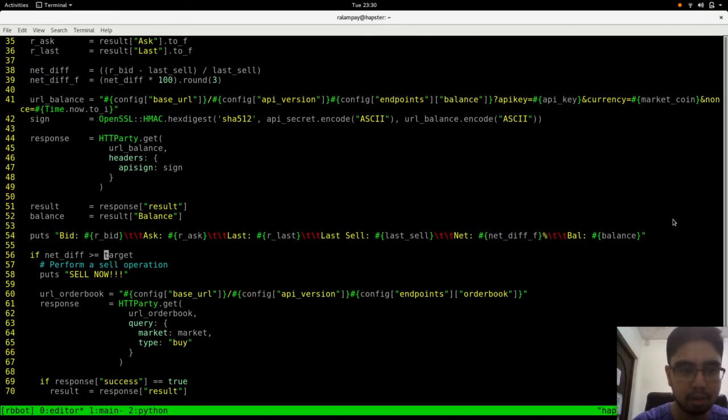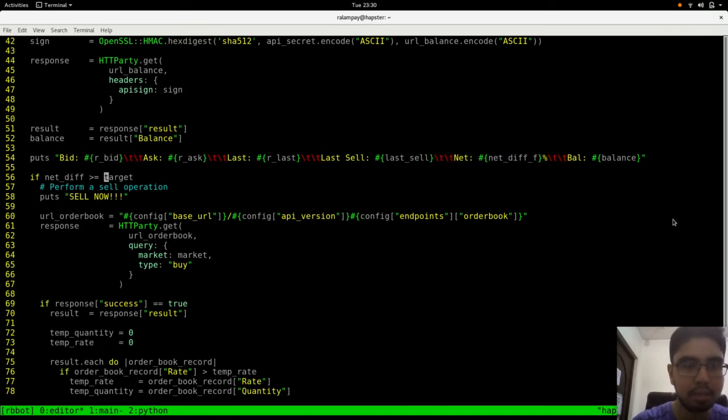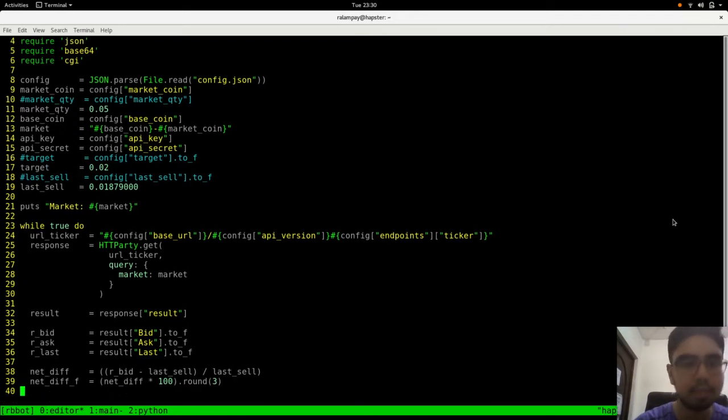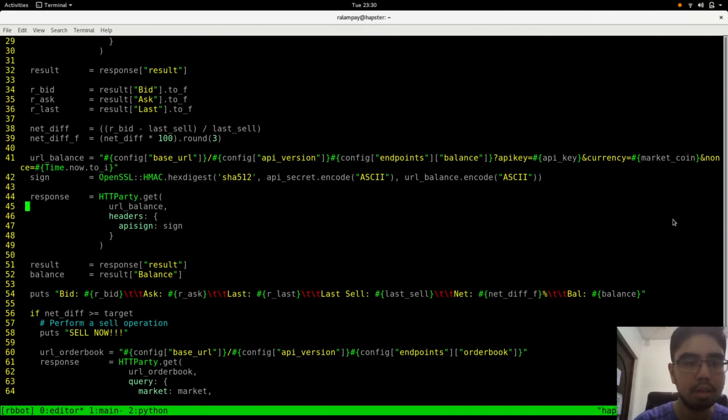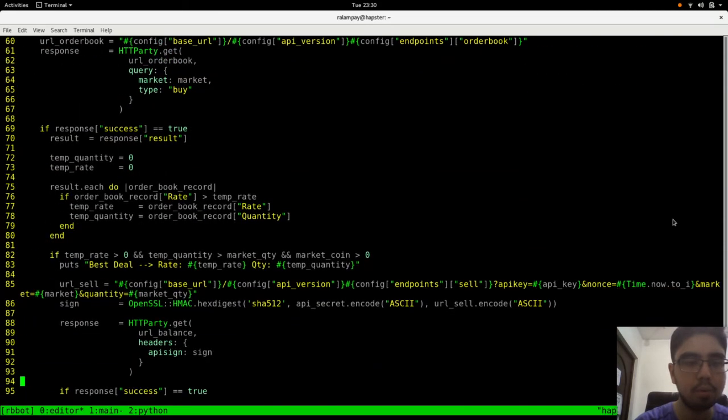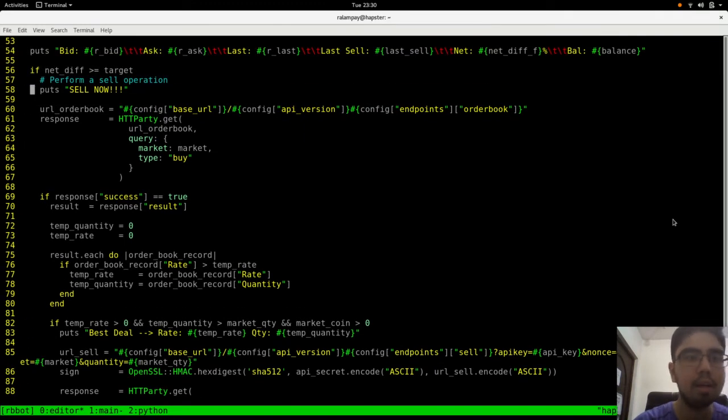So we started off here. If the net diff is greater than or equal to the target, okay, the target will be a 2% increase from our initial purchase. If it's greater than or equal to that particular target, then we perform a sell. And then